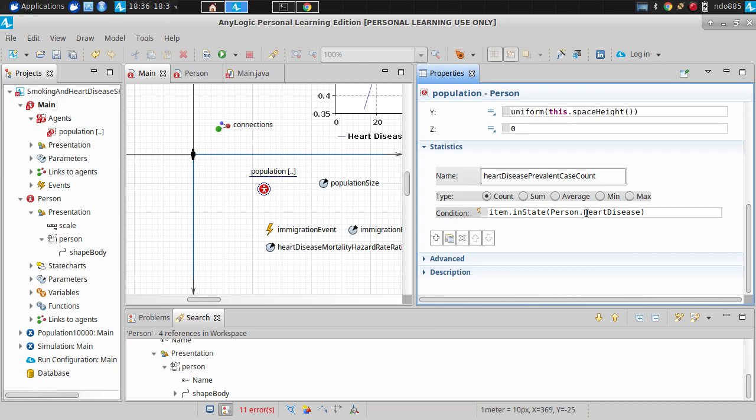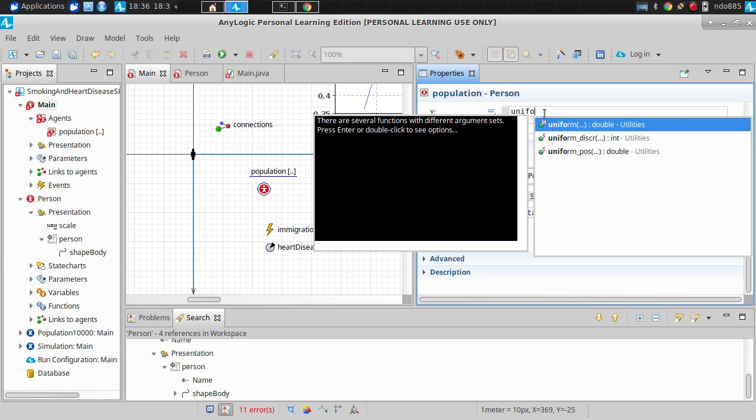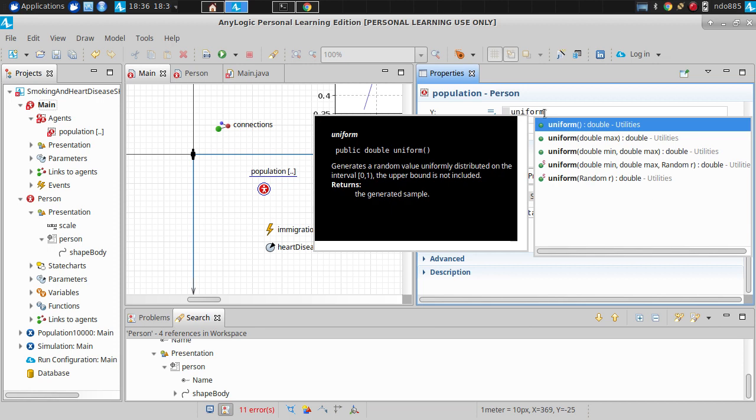And sometimes there are multiple things that are provided. Let's go up to uniform. Watch this. If we tried that with uniform, we'll actually see there are several. See it says... That's an indication there's not just one, there are several here, okay, that have that name. Let's explore that. See, it says there are several functions. Press enter or double click to see options. I'm going to press enter here. And now it tells me, okay,